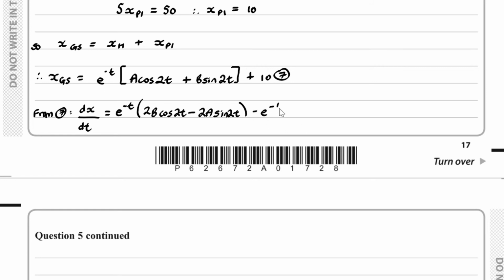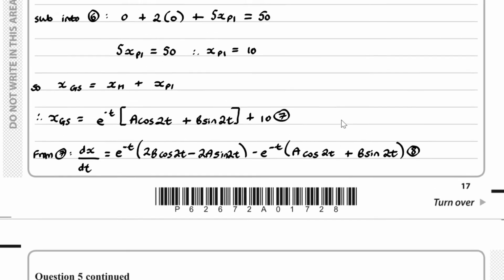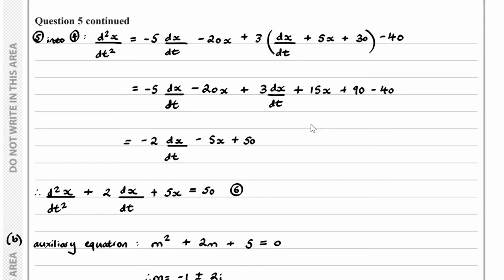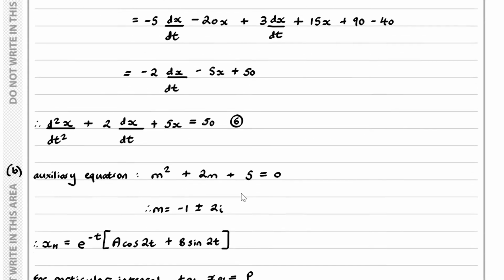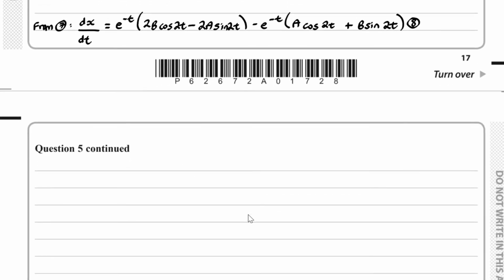be minus e to the minus t, times by this result here, a cos 2t plus b sin 2t. So let's call this equation 8. And what we can do now is substitute equation 8 into equation number 5 over here. So our next goal is to substitute in equation 8, so this is part C, into